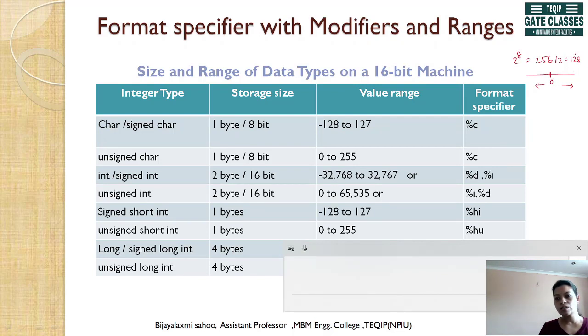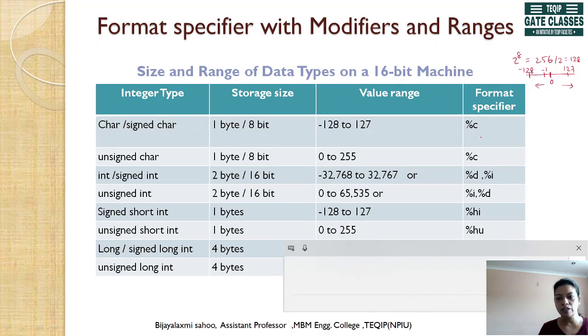Positive numbers start from 0 and go up to 127, and negative numbers start from minus 1 and go up to minus 128. That's why the range for signed character is minus 128 to 127.